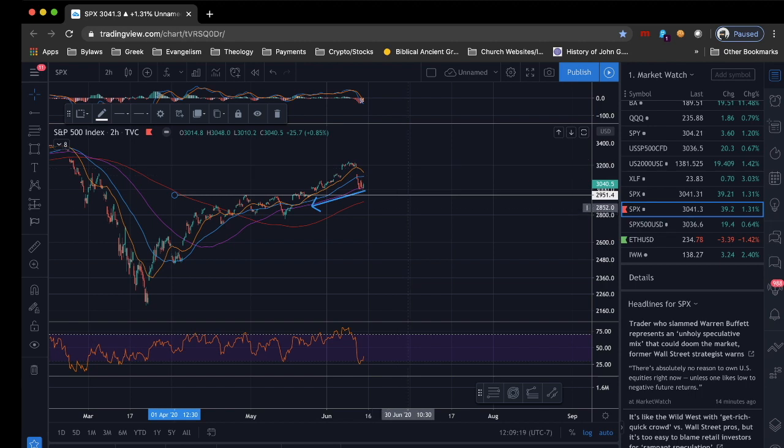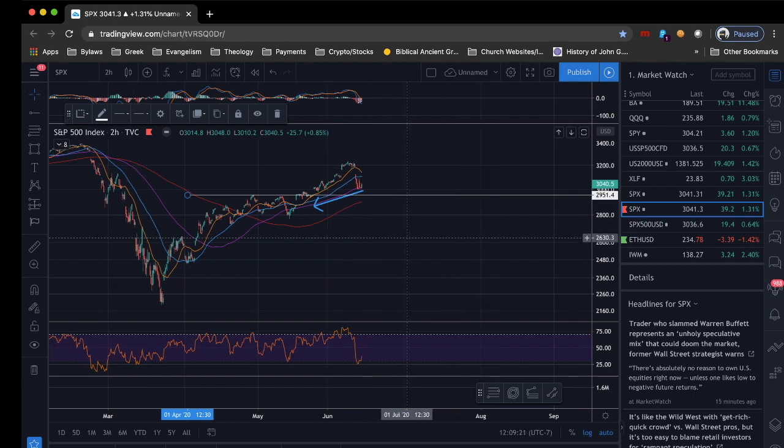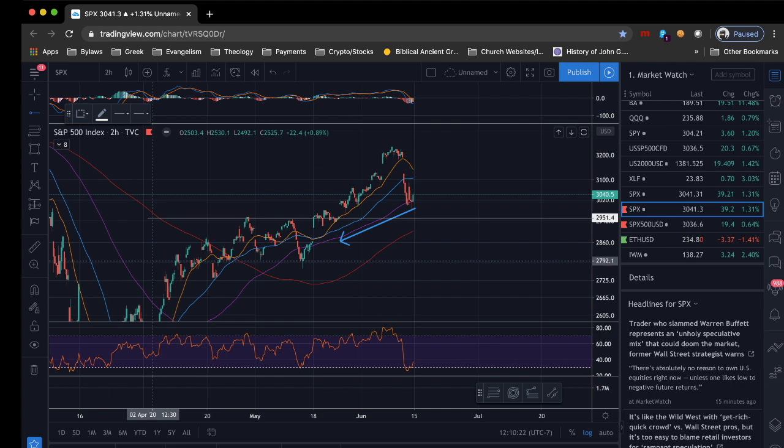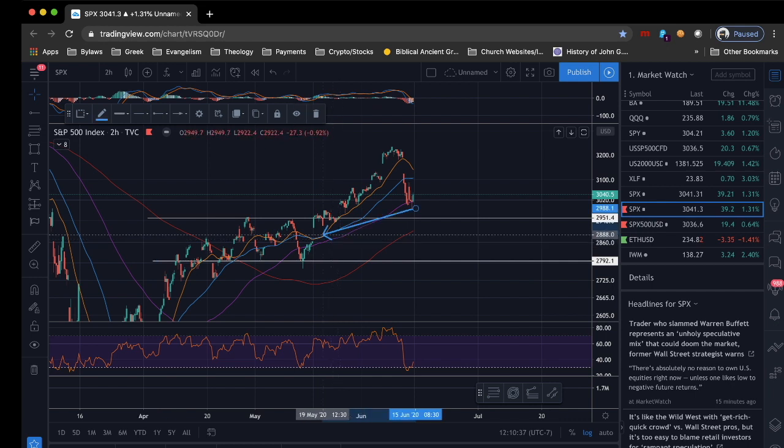If we drop back down, again, as we talked about in the last video, we're going to have this 2792 or 2784 area where we're probably going to find some support and probably bounce from this area. And that's only if we actually come after this gap right here. Right? If we come after this gap, then again, we have a magnet down here that is calling us.